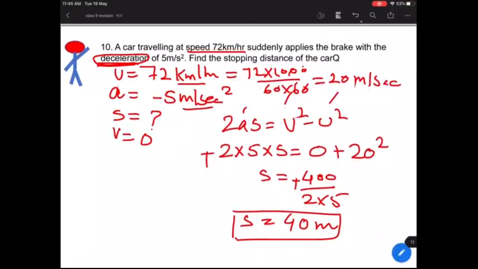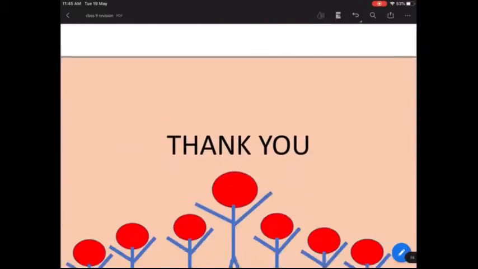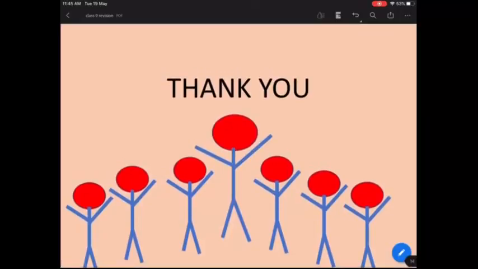So is it clear to all of you? Yes, it is 40 meters. So that's all for today. These are very simple basic questions that I had for all of you. If you understand these questions clearly, that means you will be able to solve any question. Do practice the exercise questions which are given in your exercises. That will do. This is the basics. So now I'm open for any questions.